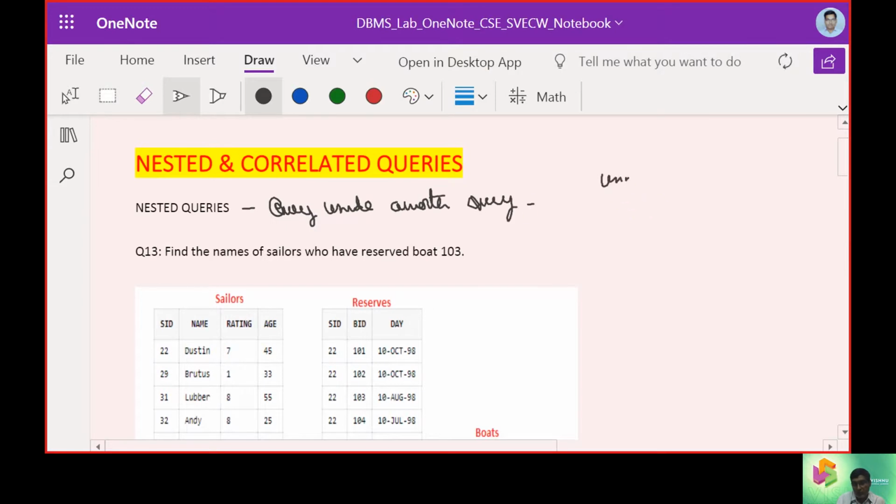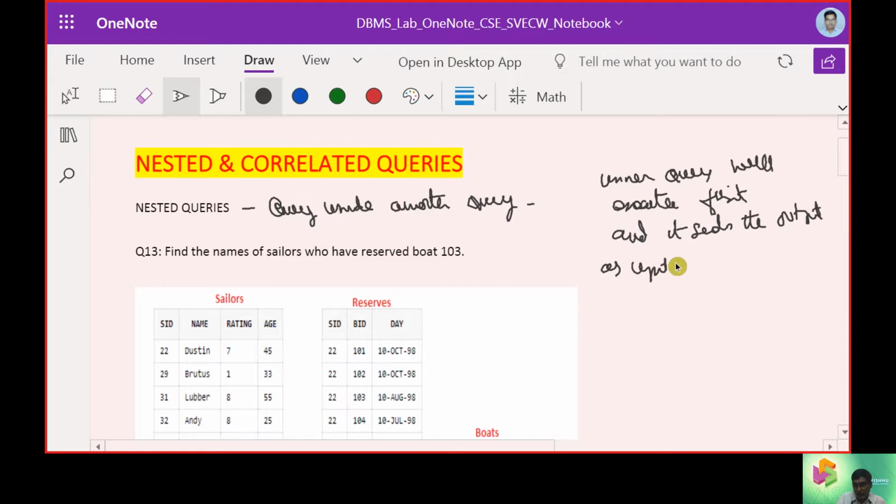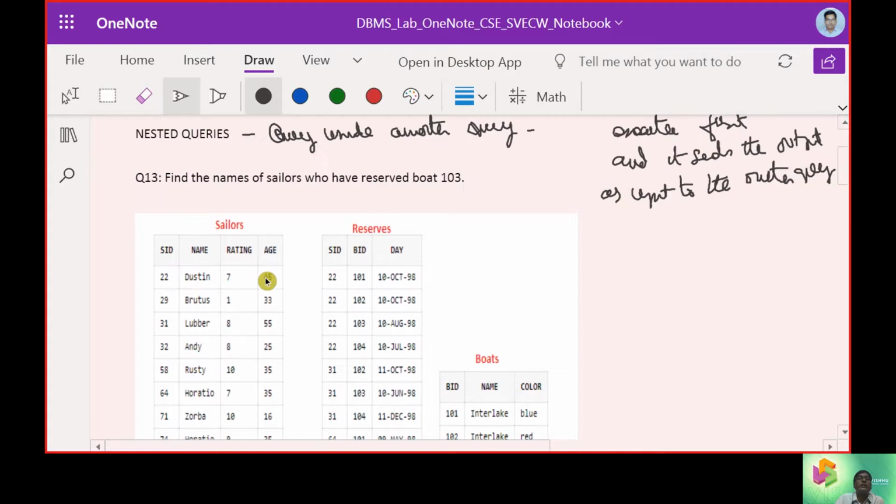Second thing, the inner query will execute first and it sends the output as input to the outer query. This was the key takeaway we have to understand.